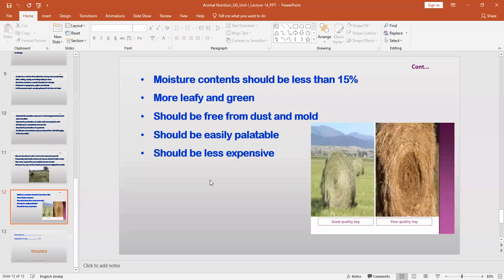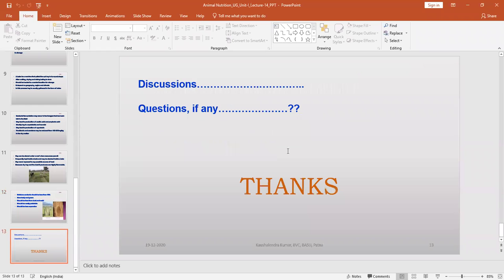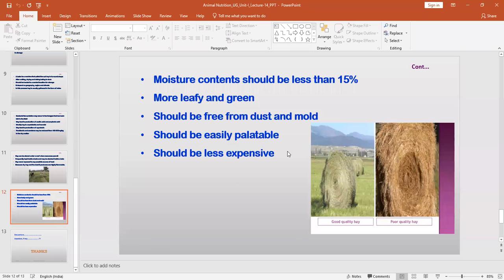More leafy and green hay should be more palatable and more nutrient rich. Hay should be free from dust and mold, and it should be more palatable, and it should be less expensive as well. So storing the material by making hay is a good method for conservation of the material, and